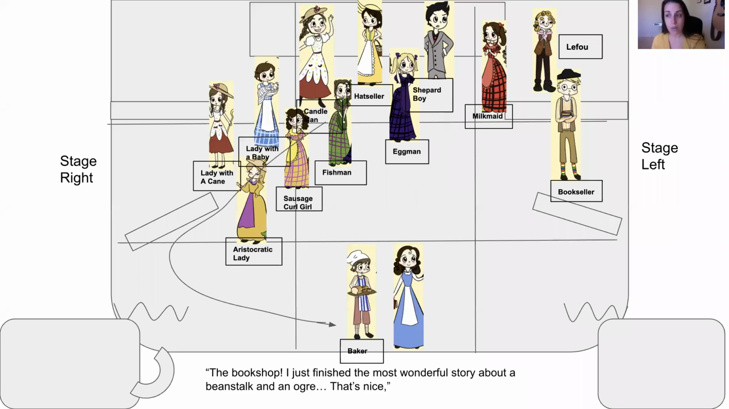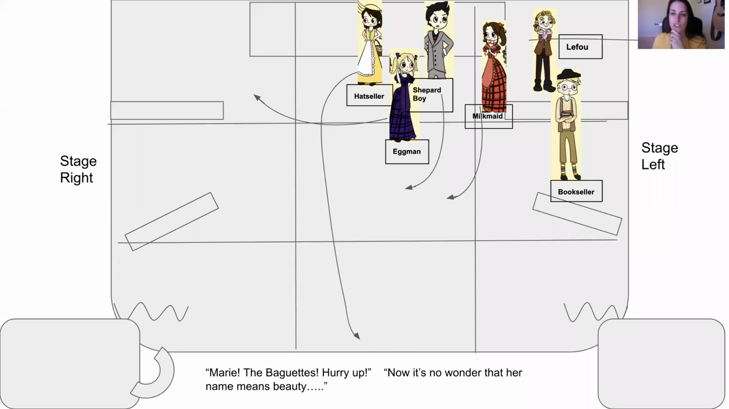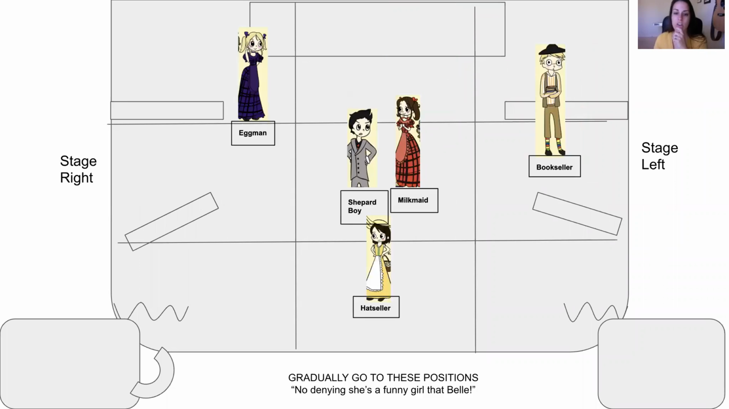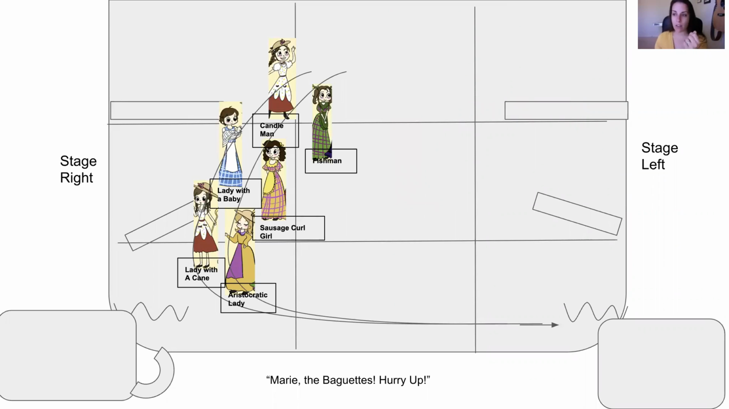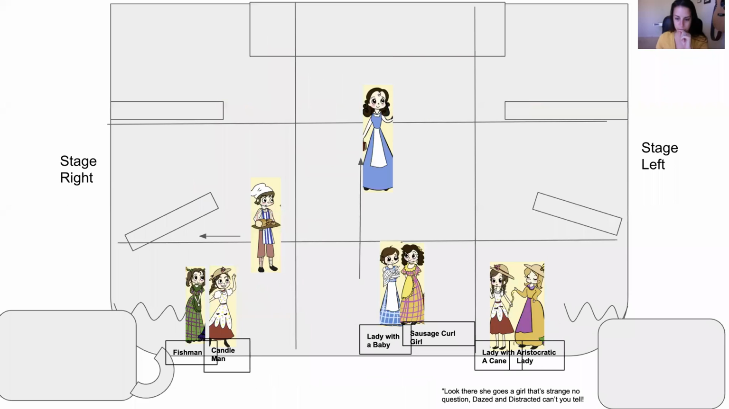So everyone will be on stage, but right now this slide is just for these 6 characters, and then 5. This is where you end up on the words No Denying She's a Funny Girl, that Belle. Meanwhile, the duets, okay? You start moving on Marie, the baguettes, hurry up. And we end up in our little positions. Look, there she goes. That girl is no question. These are your little duet, and you guys can lean into the audience like you're getting them all cut up on the gossip. Okay, we're in zones 3 for the first soloist, 2 for the second, and